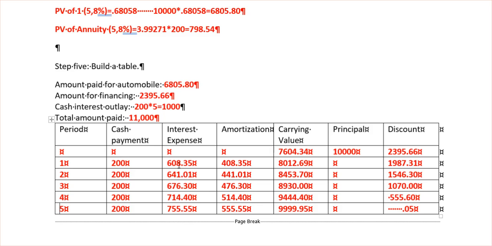8% times this gets us this. So this does not change. This is just something you need to memorize. Interest expense formula is always that. When we get the 680535, recording that as interest expense, when we have payments of $200 which are made, then